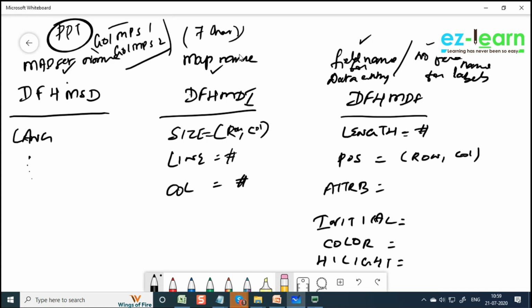Map name is user defined. You can give any name. Field name is user defined. You can give any name. So here length denotes the number of characters. Position denotes row comma column. So there are attributes. Attributes can be either unprotected or protected or a skip. So this we saw. Unprotected means it is given for which type of field? Unprotected